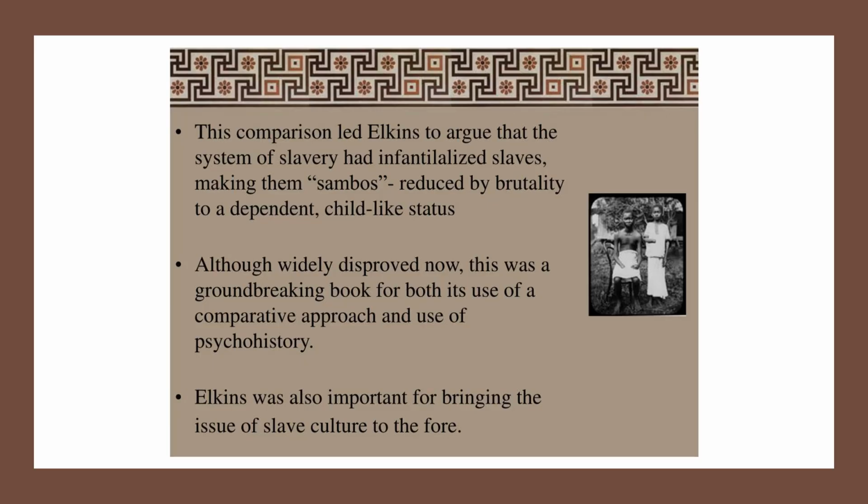He was making comparisons in the total system of slavery with what had happened in the past during the Germans' final solution. Obviously, the Holocaust we're talking about, killing of 6 million Jews and others that they deemed non-desirables. This was a groundbreaking work, Elkins's Slavery. Now, the book is still around. It is controversial to the point of being disproven for the most part.